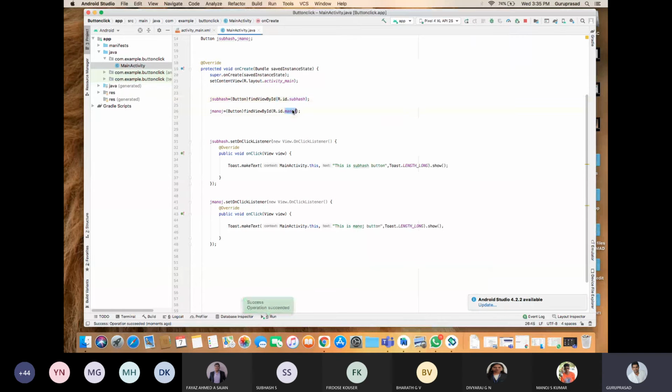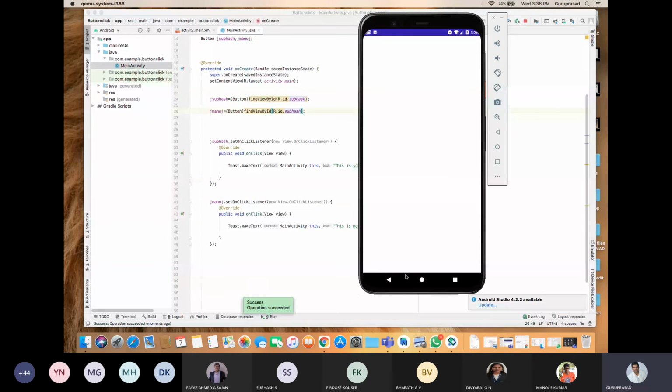Now we'll do something new. I'll change the IDs to Subhash only, for both the buttons. I'll click on this. This is Manoj button. I'll click on this.